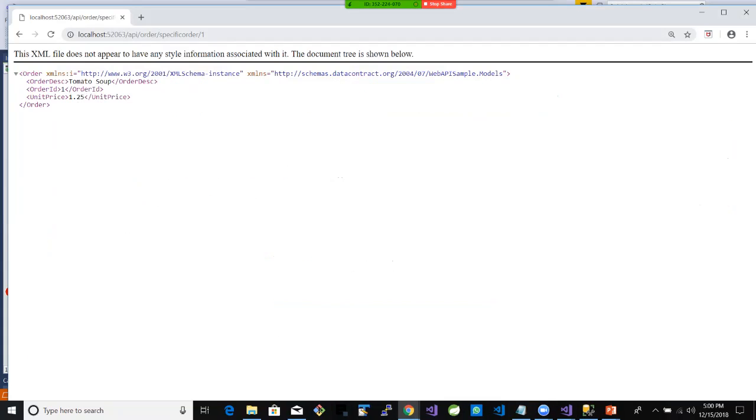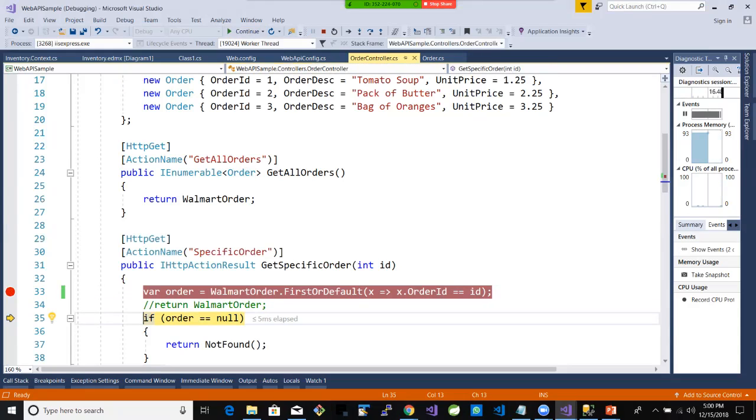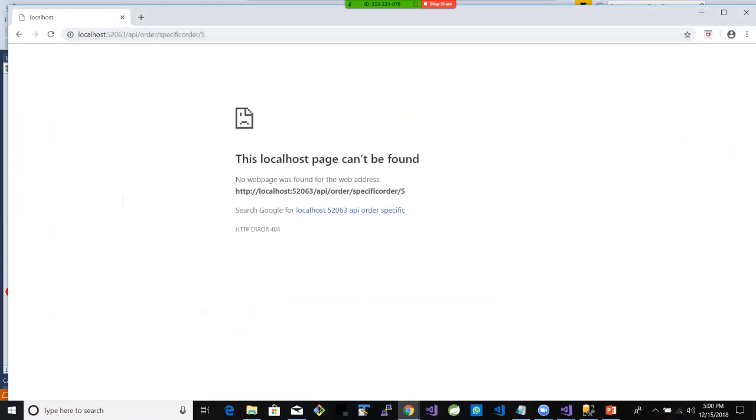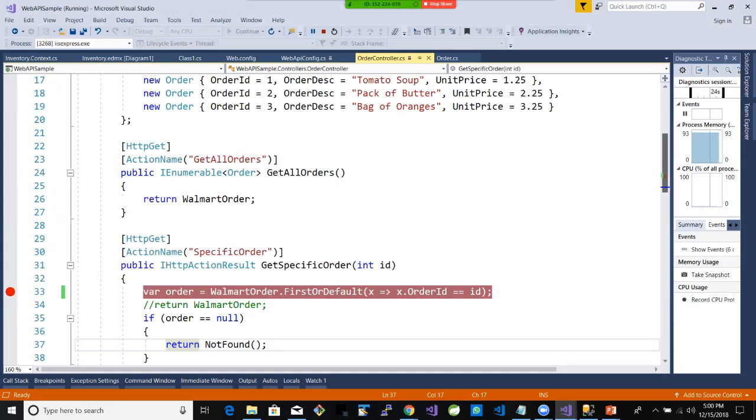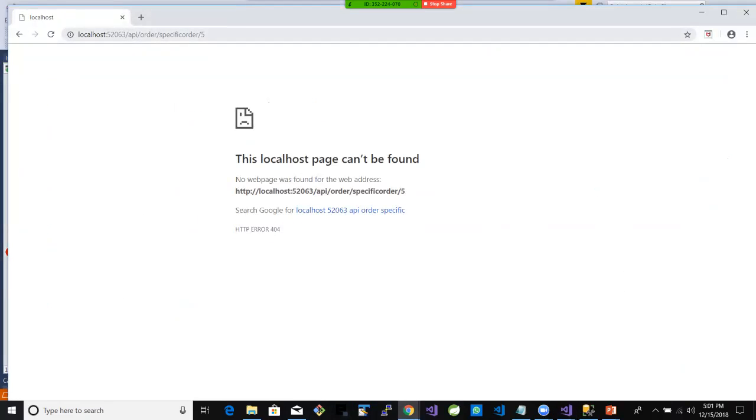I go, and it shows the value. So let's say I give 5. It should show null, correct. So if I go forward, now you see what is the value of order? It's null. If it is equal to null, then I'm saying return a not found. It's a 404 not found error. Make sense? Now, your question may be like, hey, this action method is get specific